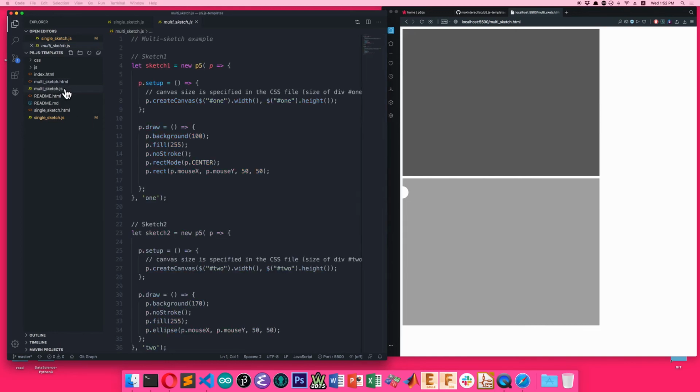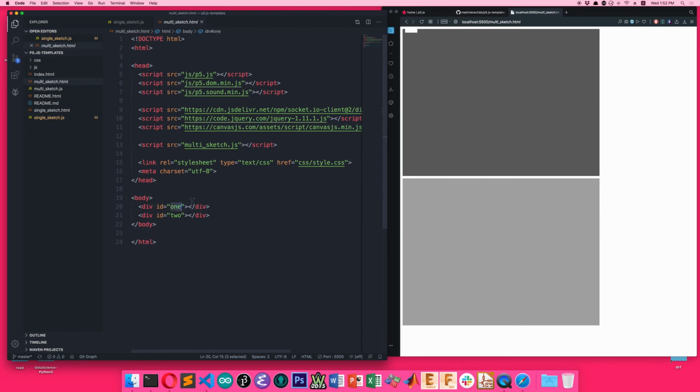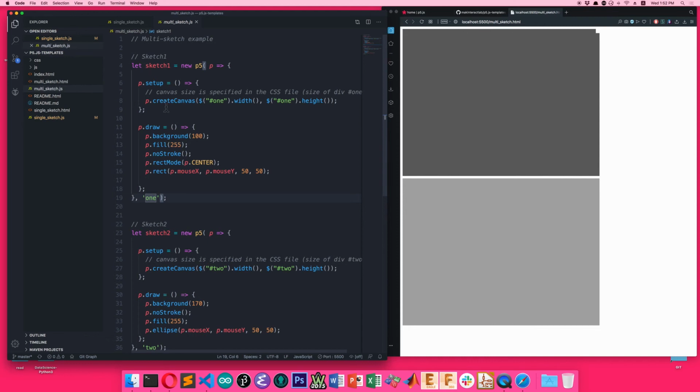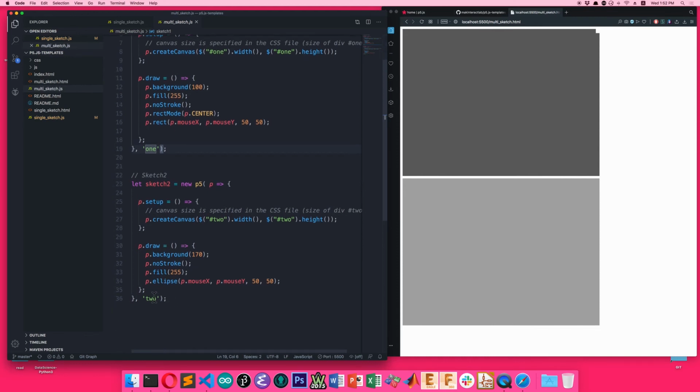In multisketch.js, if I open it up, what I will find is that I have one sketch and the second sketch. The first sketch, what is it doing? It is creating a new p5 and putting the code that belongs to the sketch associated with the div named 1. This is the div named 1 according to the HTML file. So this div gets this code, and the 2 div gets